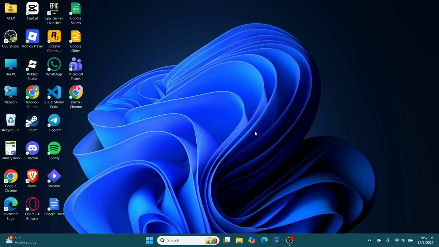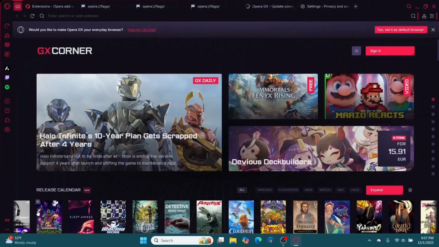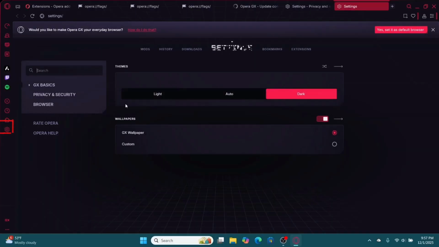Apart from that, you can disable the GX Control limits temporarily. So Opera GX has GX Control to limit CPU, RAM, etc. So you can just go and adjust it. Open up Opera GX for that, and within there, you can just go over and limit the CPU usage if available from here,